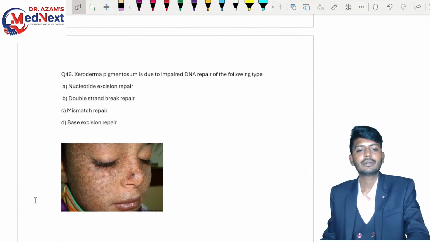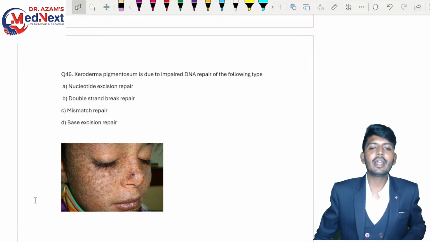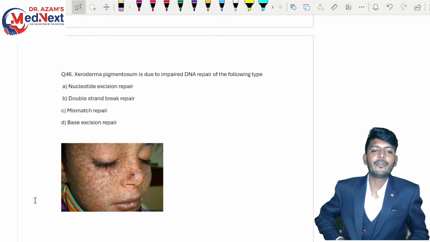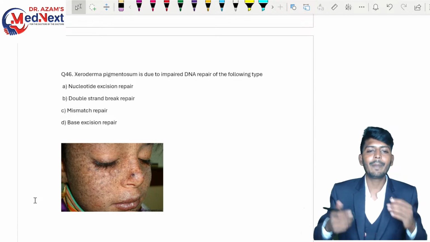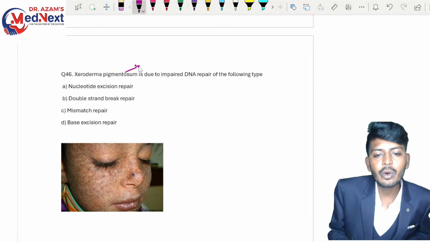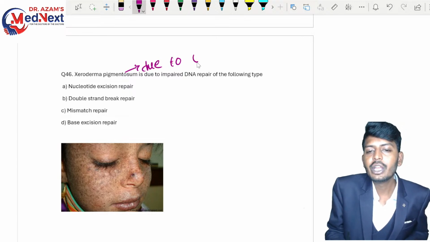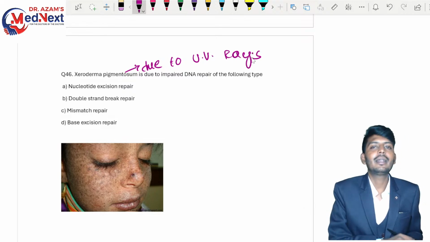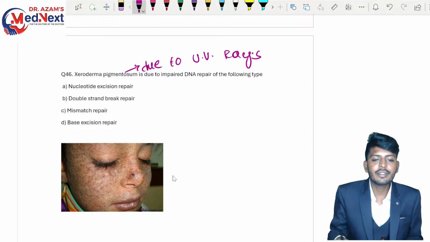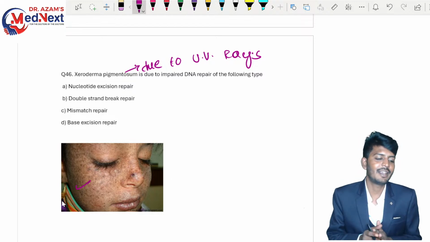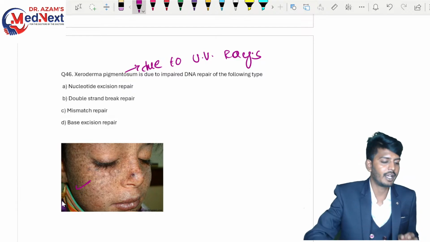ठीक है, चलो. Xeroderma pigmentosum is due to impaired DNA repair of the following type. Okay, तो पहले Xeroderma pigmentosum occurs due to what? Occurs due to UV rays. ठीक है, UV rays की वजह से होता है. Okay, so this is only your Xeroderma pigmentosum. Okay, so when UV rays के वजह से, when there is a UV rays which are causing, I think